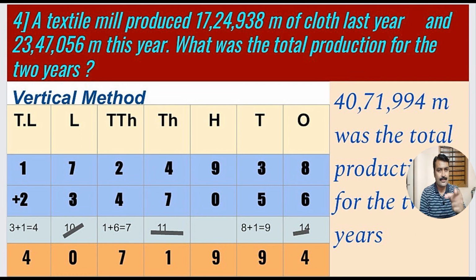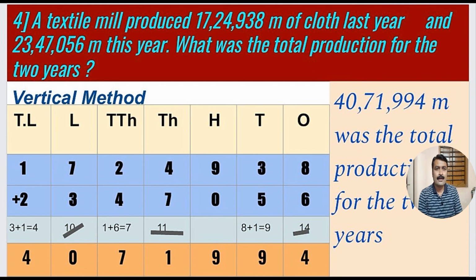So look at the ones place there. 8 plus 6, we got 14. So for that 14 we write 4 into the main answer, 1 taken as carry into the next addition. So there 3 plus 5 we get 8 and we make carry plus 1 there. 8 plus 1 we got 9. 9 we write into the main answer. Thereafter at 100, 9 plus 0 we got answer 9, we write into the main answer.